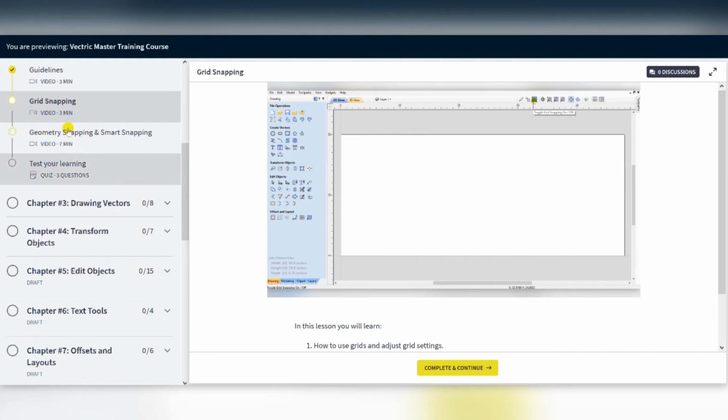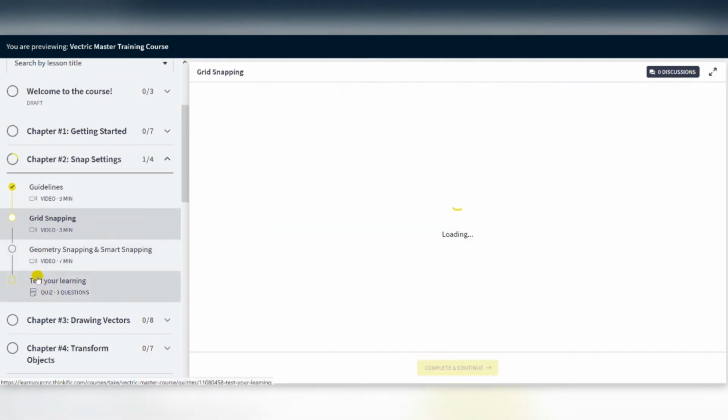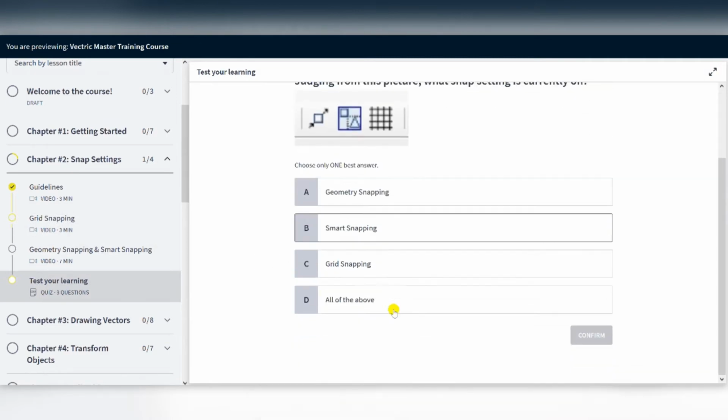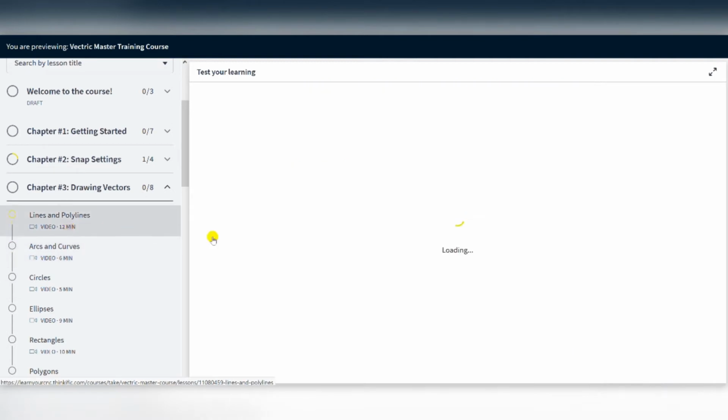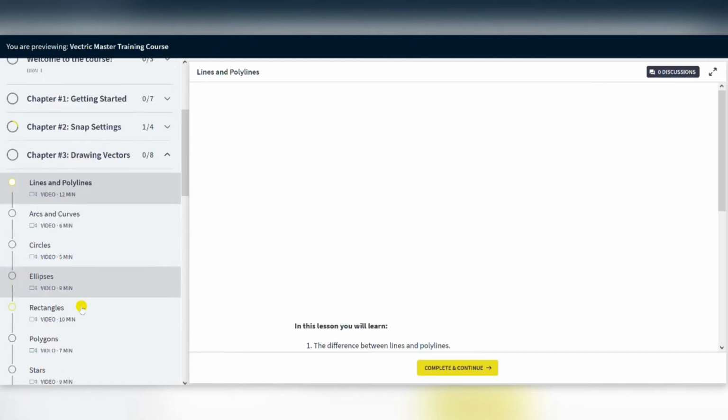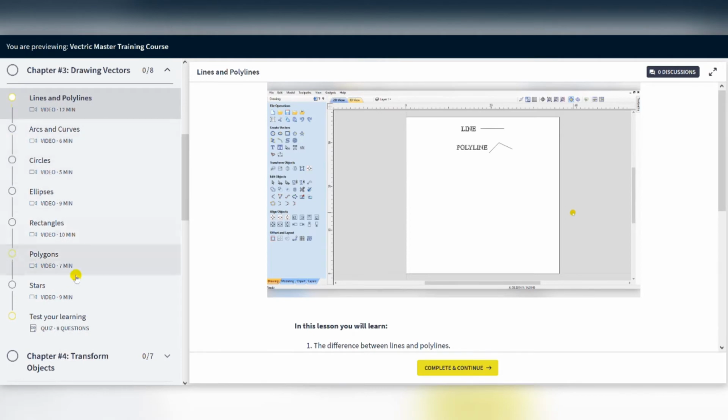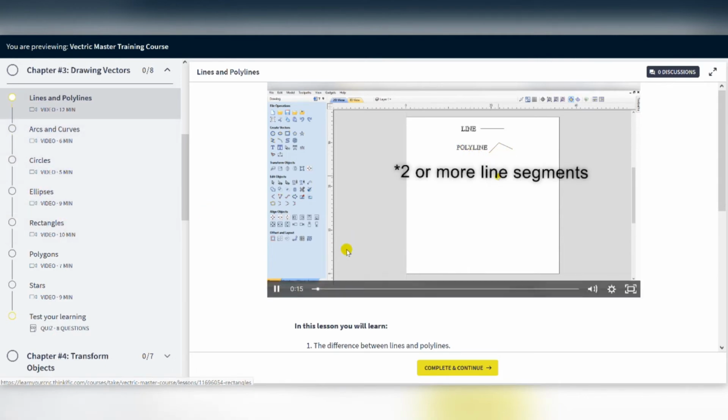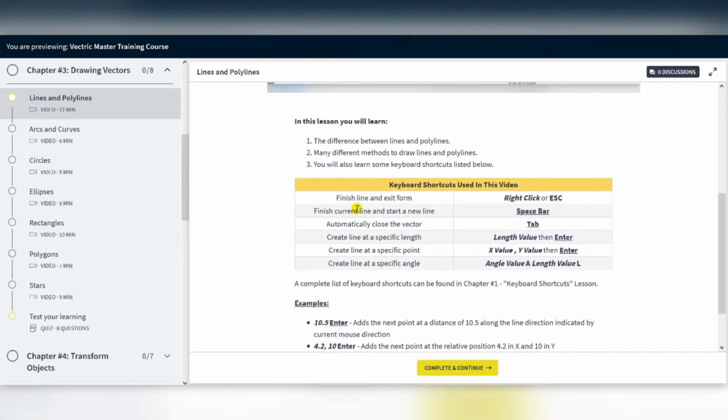And then also at the end of each chapter, I'm putting a couple-question quiz with multiple choice, so you can refresh your memory on the videos you just watched. And each video I'm trying to keep under 15 to 20 minutes. A lot of them are shorter than that, just so they're nice bite-sized chunks you can watch and not be overwhelmed with information. And on each video I'm putting the keyboard shortcuts that are used inside that video,